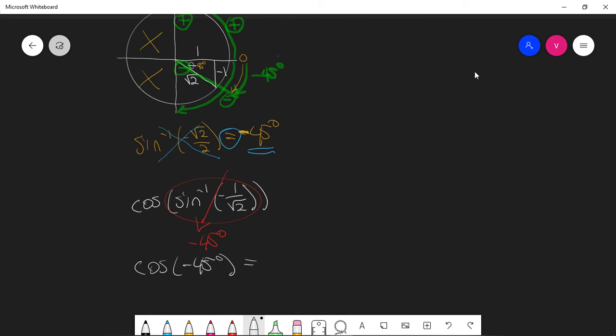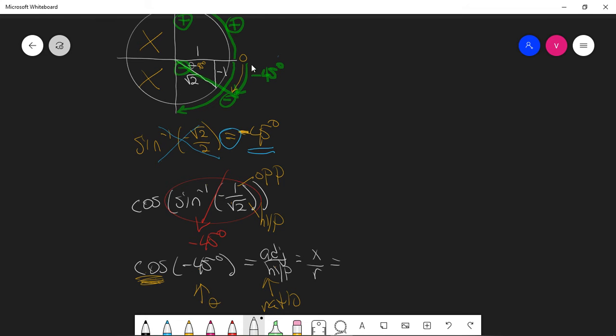And now all you're doing is finding, look again, in is angle, out should be a ratio, but this time you want the cosine ratio, okay? Here we had a sine ratio of opposite over hypotenuse. Again, do not be confused with the ins and the outs. So here with sine inverse, in is ratio, out is angle. Now we have a cosine, in is angle, out is the cosine ratio, which should be adjacent over hypotenuse, or x over r, which equals,